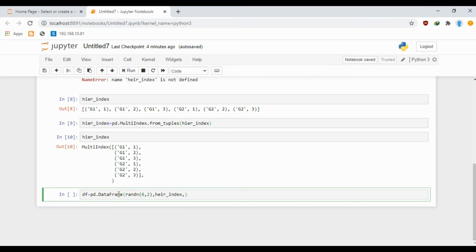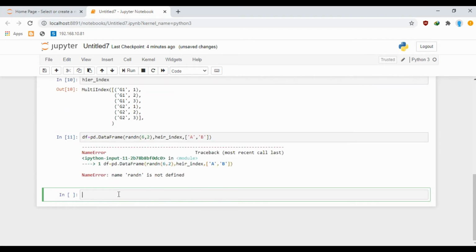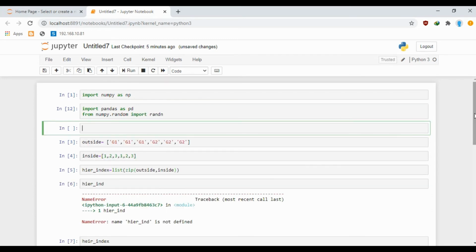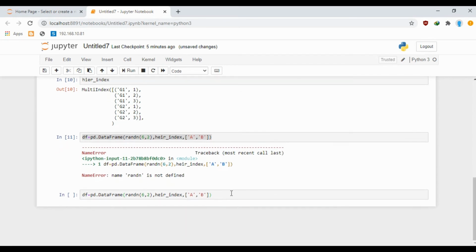The data is the higher index variable and it consists of 2 columns, let's say A and B. Sorry guys, I forgot to import random from numpy. So now if I run this,